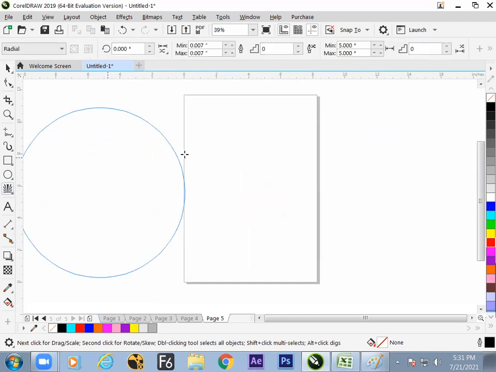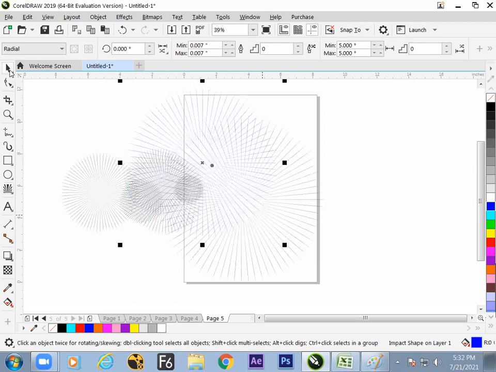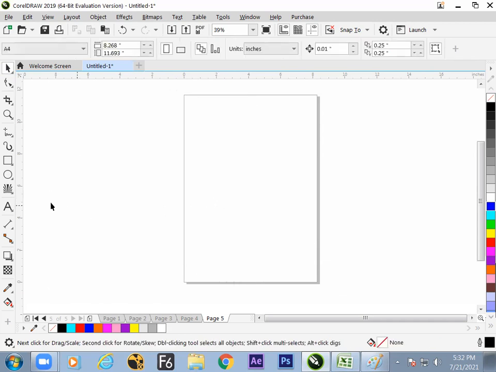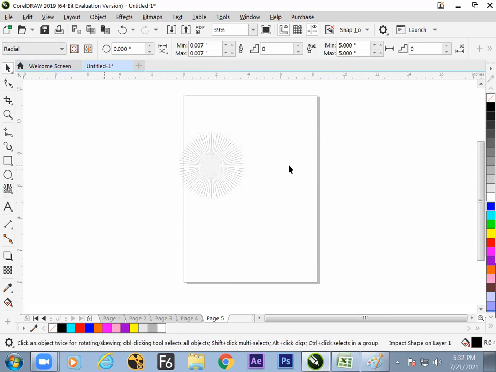So, the Impact tool, just have a try. What is this Impact doing? I don't know, I have not used the Impact tool. This is a new tool which has come up in this version. So wait for a while. It creates some radial lines.